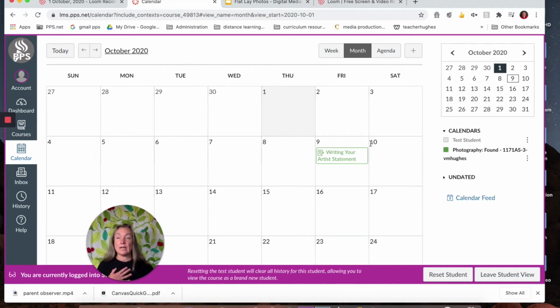Right now, I'm logged in as a test student in this Foundations of Photography class, so my calendar is only going to show things that are for this particular course. But as a student user, your calendar is going to get populated with the due dates for all of the assignments for all of your classes. And this is kind of an exciting tool because unlike Google Classroom, where you had to click into each different classroom to find out your assignments and due dates, and then maybe manage your own calendar